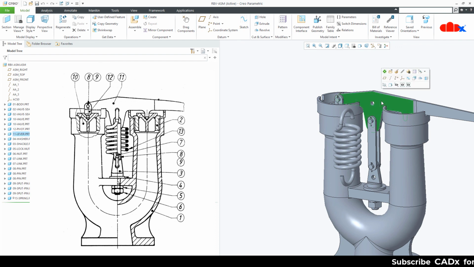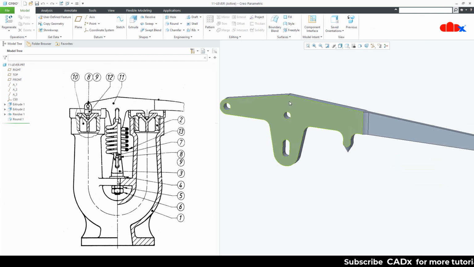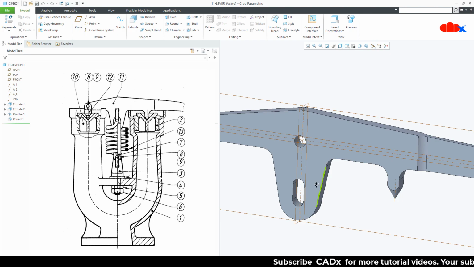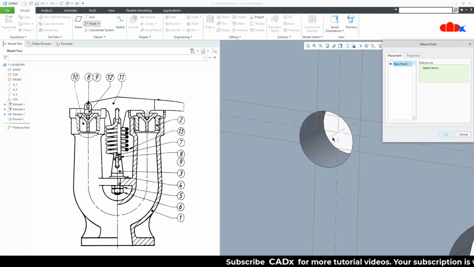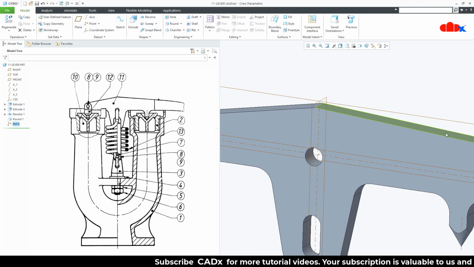Similarly, you open this part which is lever, switch on your datum plane and center axis, go to datum point, select this axis, hold the control key and select this datum plane and say OK, save it.